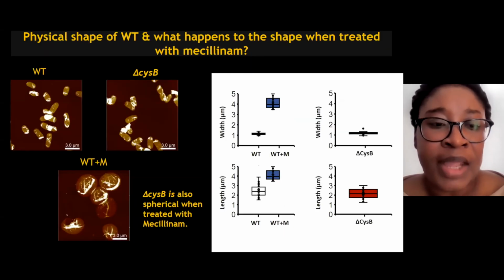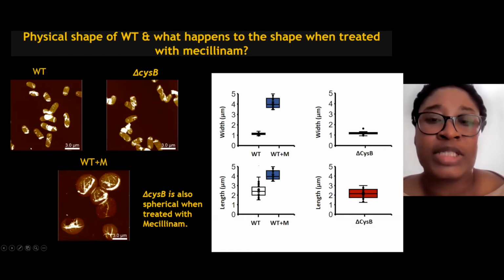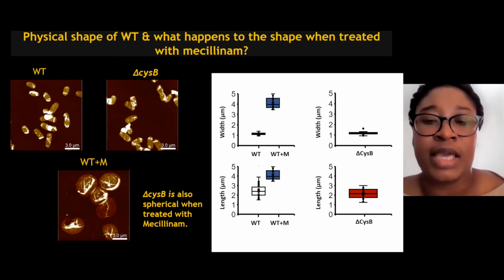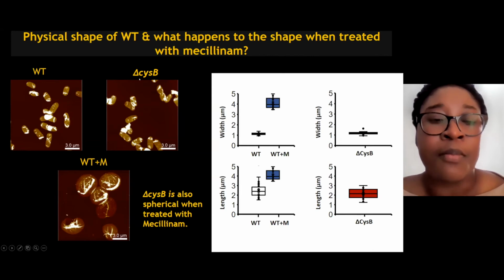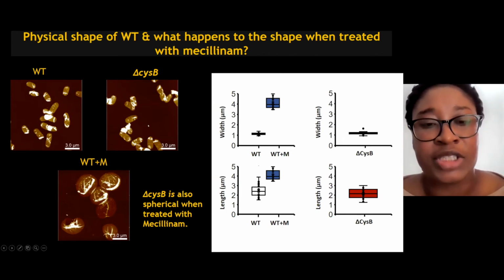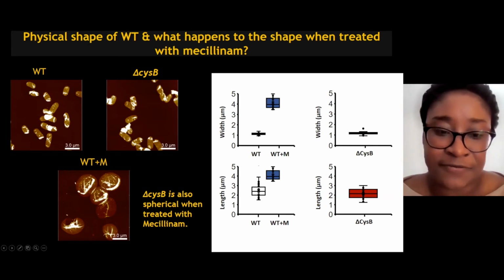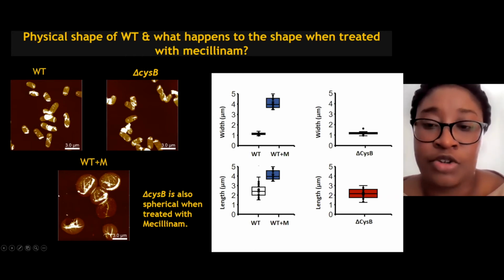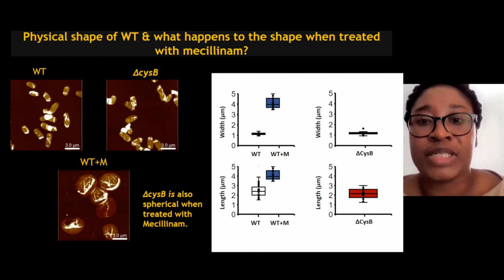Next, please. So as Jacob explained earlier on, these are actually rod-shaped bacteria. So for the wild type or for the mutant, which is the CISB that is resistant to mecillinam, both are actually rod-shaped. But interestingly, as he mentioned, when you treat such with mecillinam, what you have is actually a rounded spherical bacteria. And I will also mention that even for CISB, although you are not seeing the micrograph, we still have the spherical shape once it is treated with mecillinam.